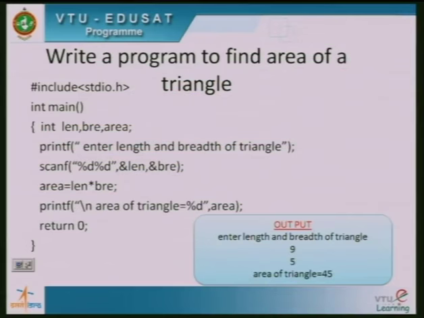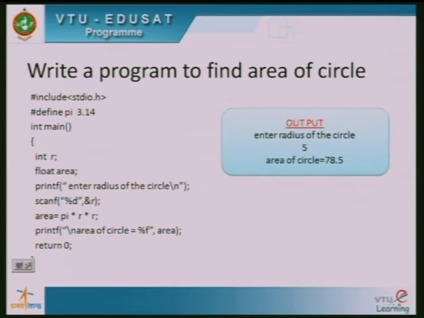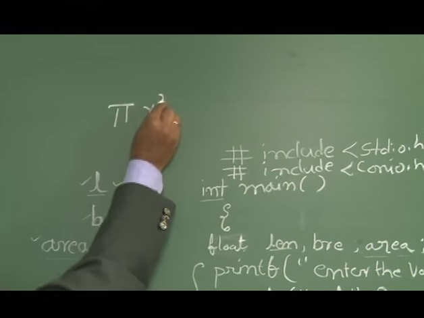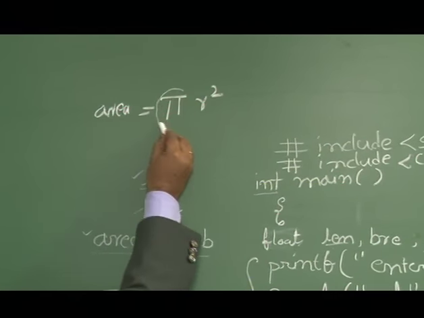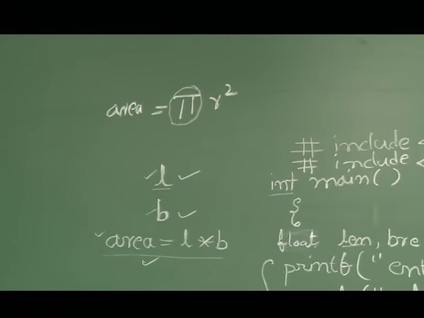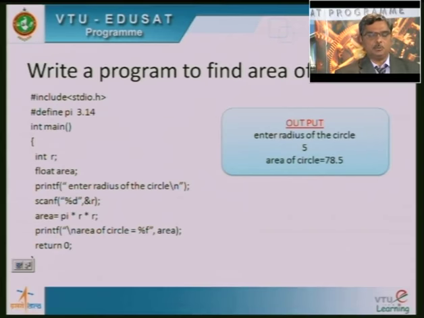Let us write one more program so that you will be comfortable to understand. Area of a circle. When you want to write the area of a circle, you know the formula of the area of a circle is pi r square. This is how it is written in mathematics. The computer cannot understand this symbol because this is not an allowable character in our system. Instead of using this symbol, you can assign its value by making use of one more preprocessor